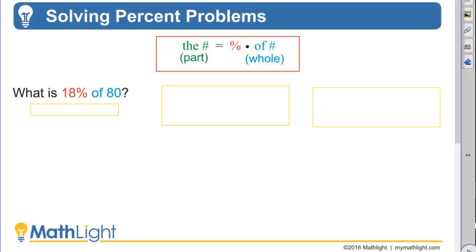What is 18% of 80? Now, you should always start with the formula. That's how you should start, and then you just fill in parts. Okay, look, the percent is 18. Do I put 18 down? No, remember the percent is always in decimal form in equations. Of 80, so the of number is 80. In this case, what am I looking for? The number. Take my calculator, 0.18 times 80, and I get